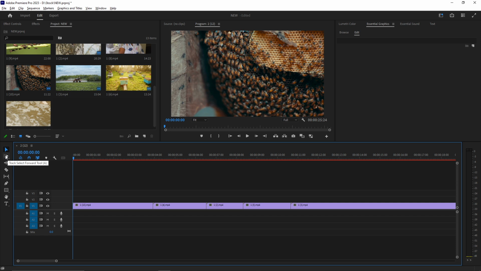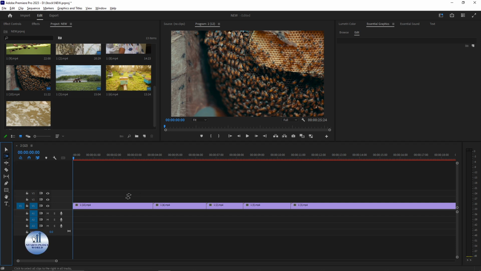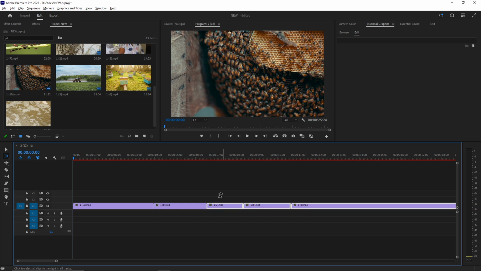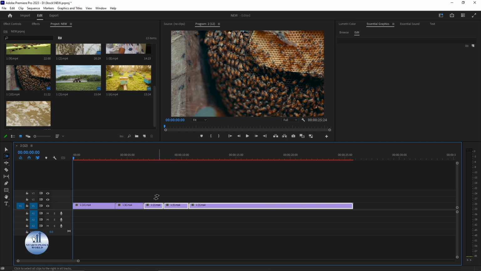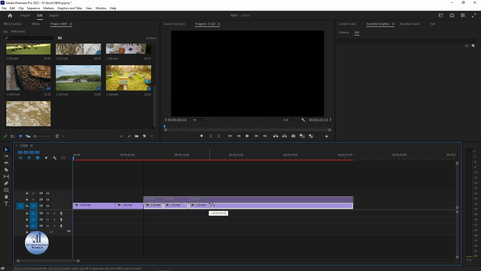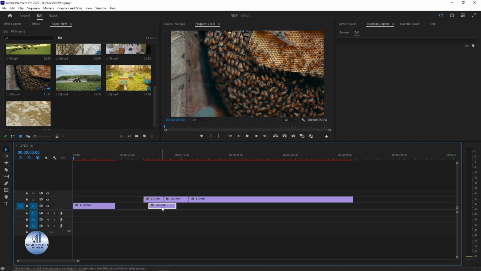Now let's move on to the track forward selection tool. You can simply click on it, or you can press A on your keyboard. From its name, the track select forward tool simply selects everything in the forward direction. Just click anywhere on your track and this will select all of the clips on your timeline from that point forward. Let me show you what I mean by that. If I have these multiple clips with me,